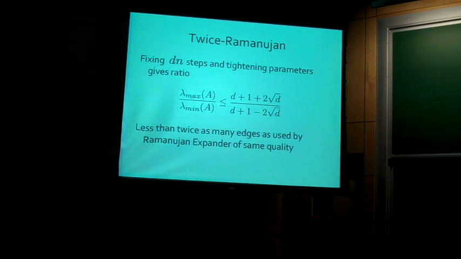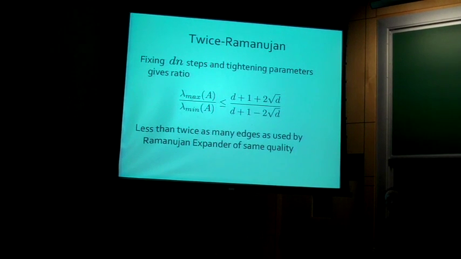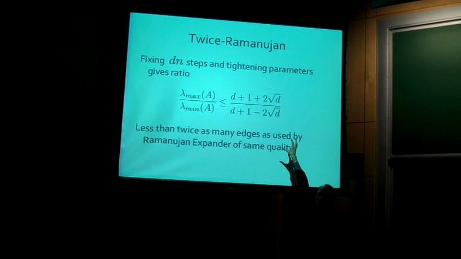As I said, we get this twice Ramanujan bound, I called it. If we optimize the parameters, sorry that makes the paper a little messier, you get dn steps, and you get this optimal ratio of the largest eigenvalue to the smallest eigenvalue, which is again the ratio of the largest root of the associated Laguerre polynomial to the smallest root of that polynomial, asymptotically. So we get the right bounds.